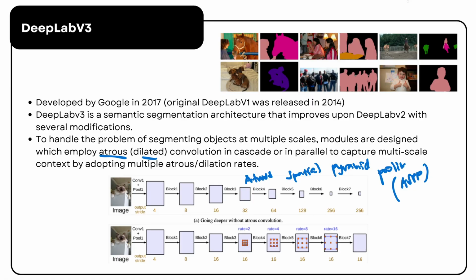So the model can detect both small and large objects in a single forward pass. This makes DeepLab V3 extremely effective in complex scenes such as urban landscapes or indoor environments where object sizes vary a lot. When we can, we will explore this in our laboratory exercises later on,